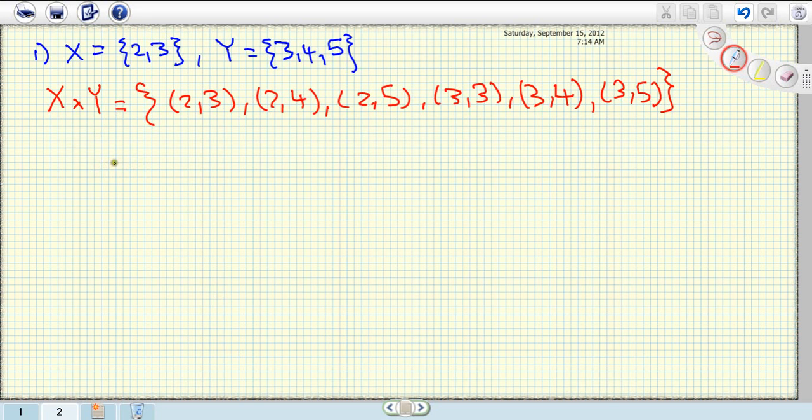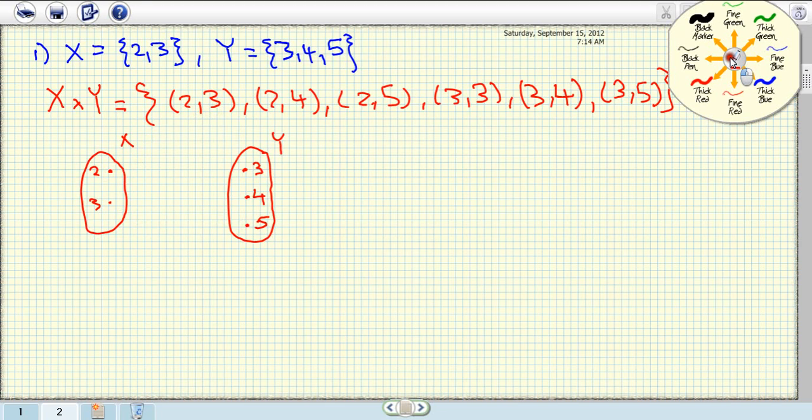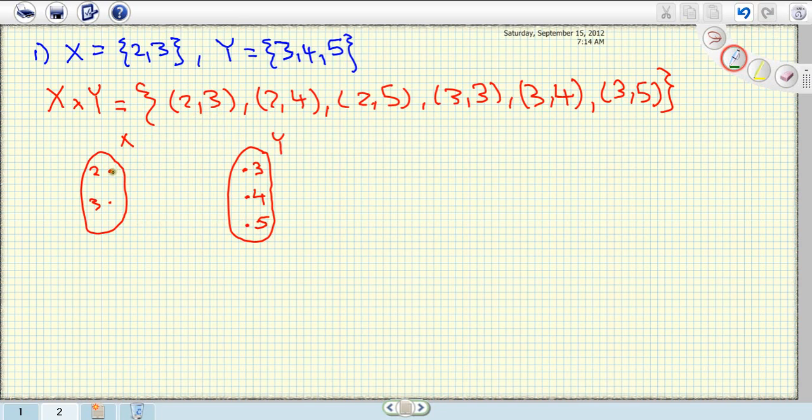Okay, the arrow diagram. I'm going to draw an oval here for x. I put the elements of x, they are 2 and 3, and another oval for y. The elements here are 3, 4, and 5. So the first ordered pair here is 2 and 3, so I'm gonna join an arrow from 2 to 3 like this,